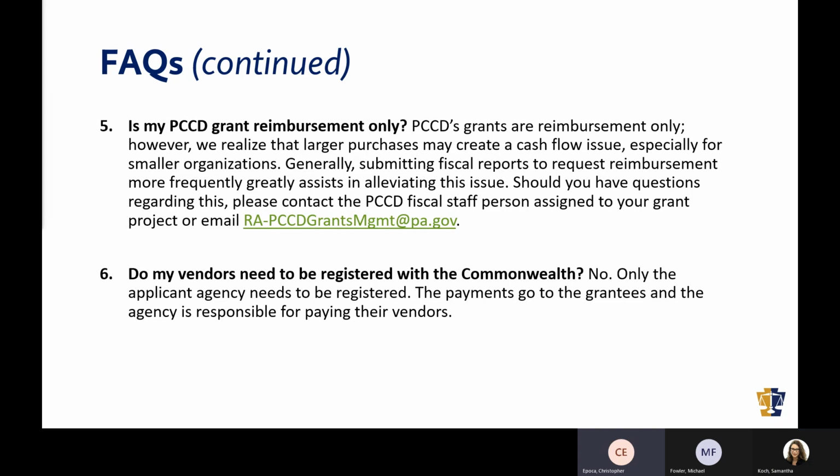As you heard early in the presentation, as Mike pointed out, you must submit fiscal reports at least quarterly. PCCD staff will review those reports, and then assuming they're approved, we'll make a payment based on the amount of expenditures reported in that quarterly report. And Mike also showed you the ability to submit reports more frequently. We have quite a few agencies that submit monthly, and that generally helps alleviate some cash flow issues that those organizations may have with waiting for payments on a quarterly basis. So you can shorten that up by doing interim reports.